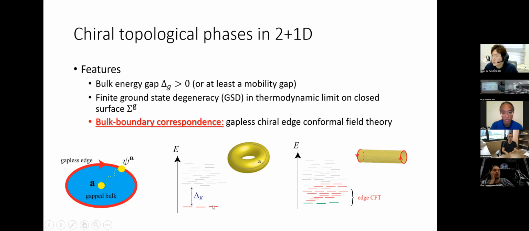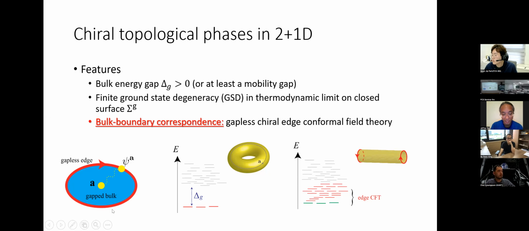On the other hand, we can have an open boundary. This happens, for example, in the left diagram, if we place the topological phase on a disk with an open circular boundary, or in the right diagram, if we place the topological phase on an open cylinder with left and right circular boundaries.